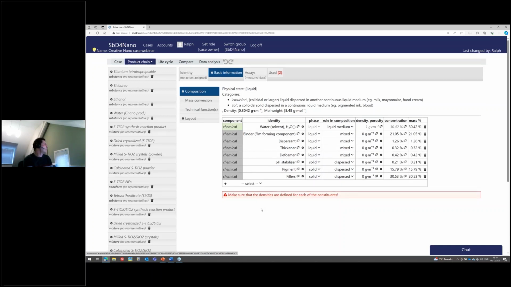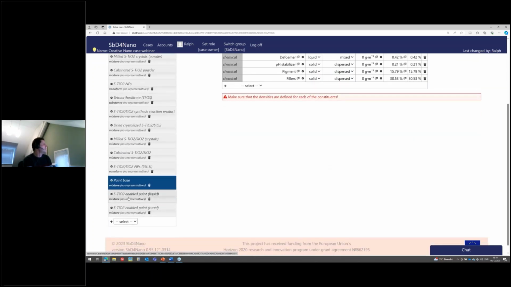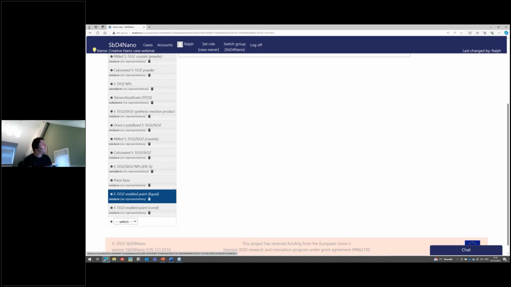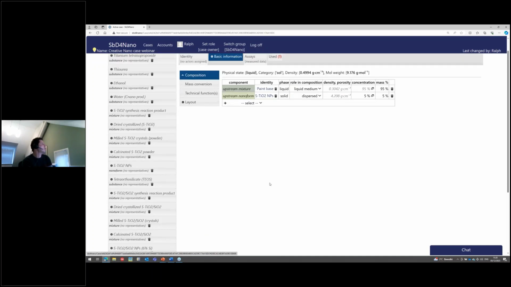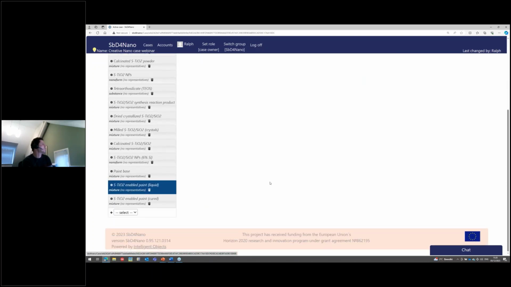And then I combined this paint with the nanoform, and you can see here the composition that the nano-enabled paint is the paint base together with the particles. So there's 5% of the particles put into the paint. And this is the way how you can model basically all the different materials and nanoforms in your product,